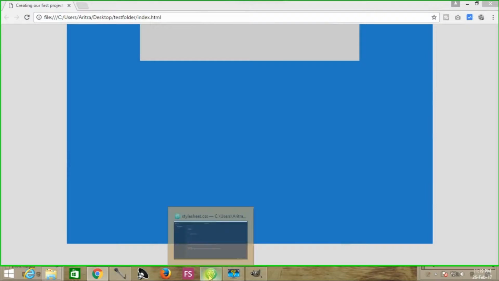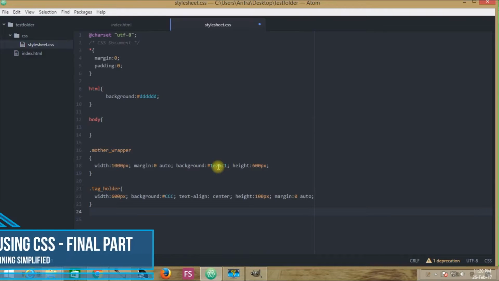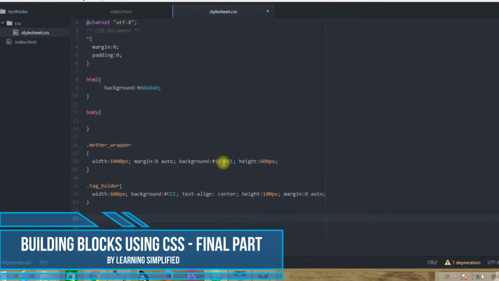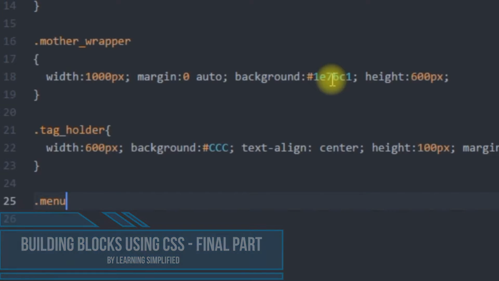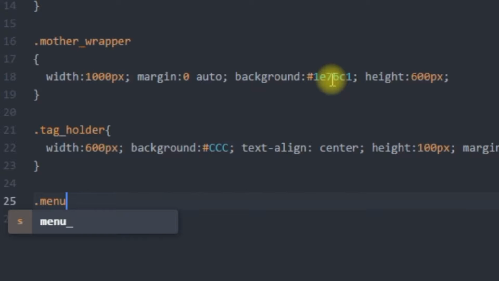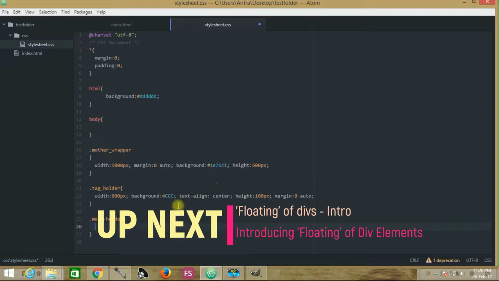So now if you provide another menu holder over here, let's suppose that we are creating another block which is known as menu holder. You may create it using an underscore, but for better SEO purposes I would always suggest using this type of class name, menu-holder. Now we are creating another class name which is known as menu-holder. This is actually a class name, as we have told you previously.